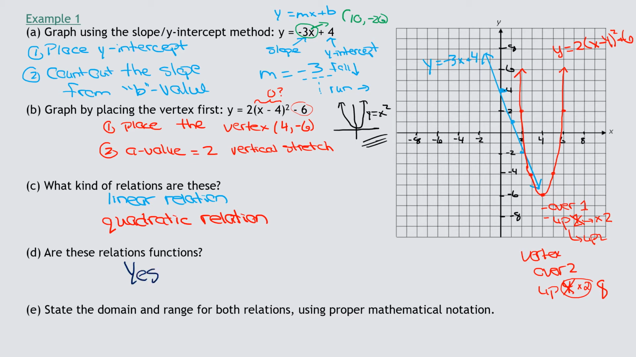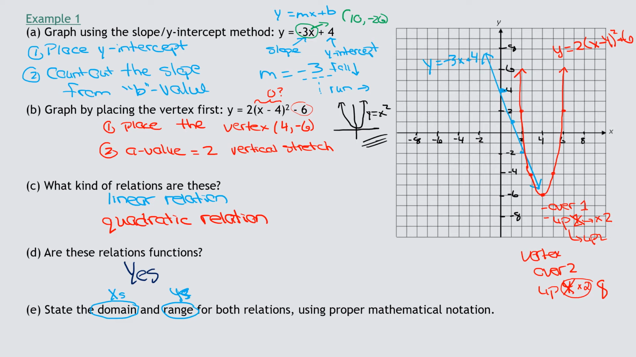Part E, this is the first new thing on example 1. State the domain and range for both relations using proper mathematical notation. Domain means all of the x's and range means all of the y's. So what is that supposed to mean? Domain, I'm going to talk about the line first. The domain of the line